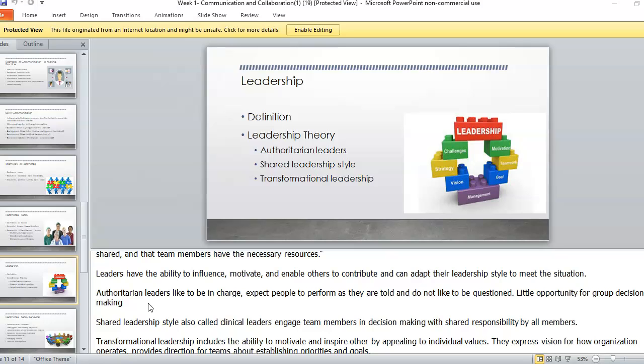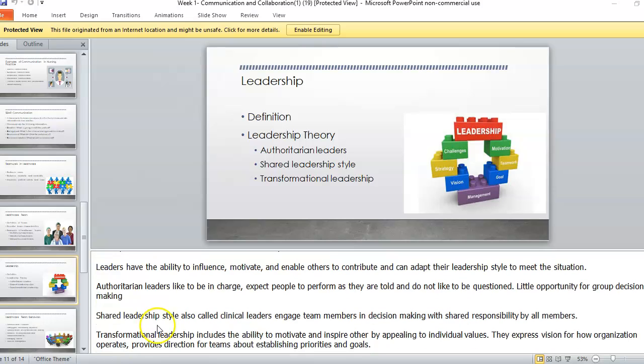Authoritarian leaders are ones that are in charge, and there really isn't a lot of place for this type of leadership in medicine. The only time I could think where this would really work is when you're doing a code, a CPR or resuscitation. You do need a clear leader who's running the code, and everybody else needs to kind of fall in line with their jobs. You don't want too many people shouting out directions and orders. It really should just be one person. But for the most part, I would say healthcare has a shared leadership style where leaders engage team members